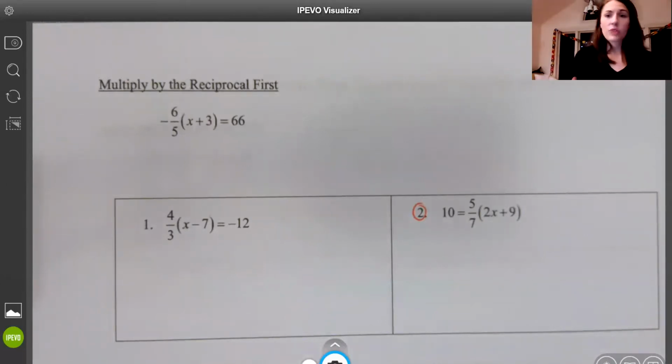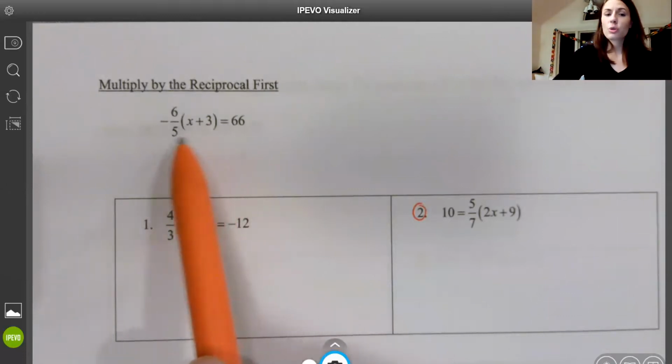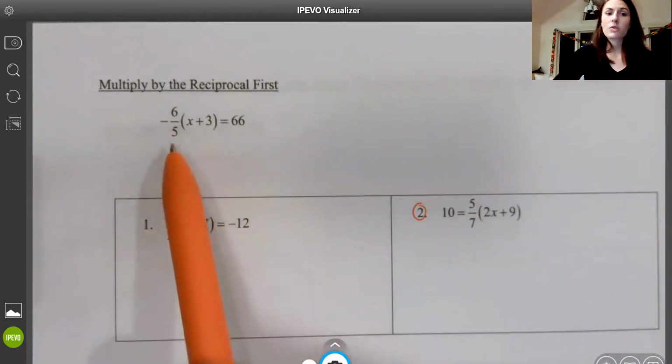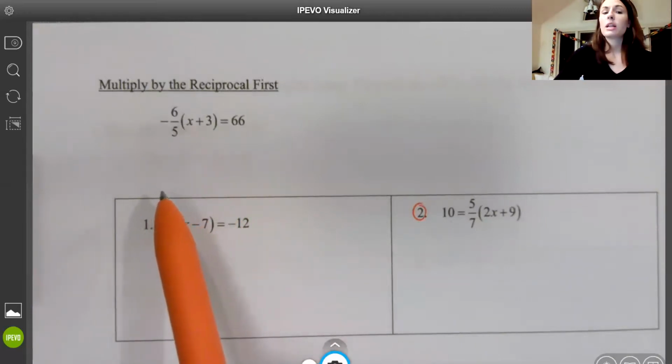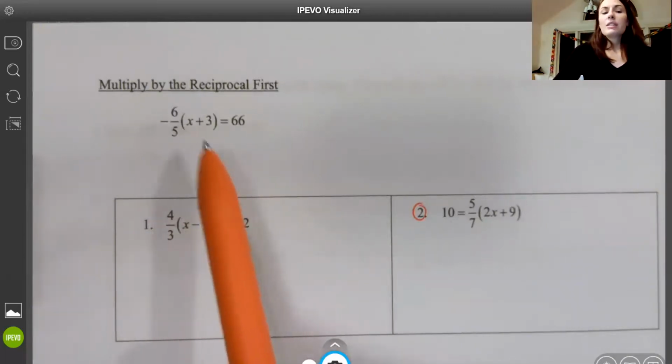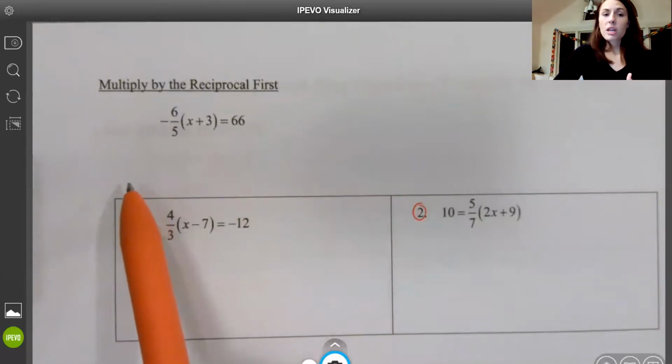Most of the time when there's fractions, it's more complicated than something like this. With something like this, I could distribute. The issue with distributing is it's going to create a fraction here and a fraction here because it doesn't distribute in nicely, meaning 6/5 times 3 isn't going to clean up in any way or reduce to some pretty number. Because it's just a fraction times a single parenthesis, I can use the reciprocal to make this a little bit